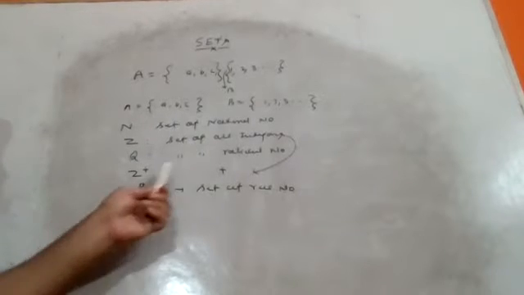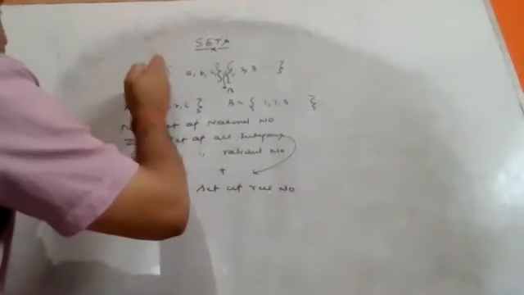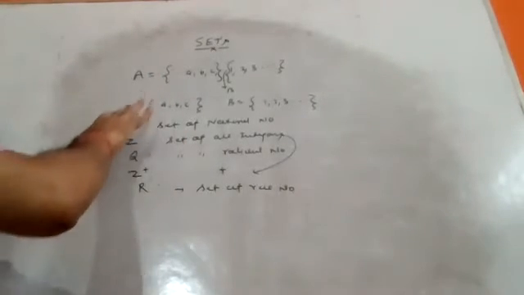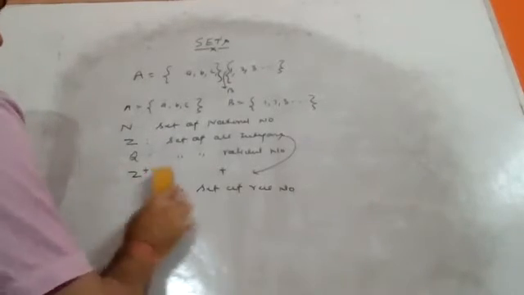Capital A, B, C can represent any set, but here are some standard representations. Capital N is the set of natural numbers. Capital Z is the set of all integers. Q is the set of all rational numbers. Z plus is all positive integers. R is the set of real numbers. That's why we can define different scenarios. This is the standardization of sets, meaning how sets are represented with the help of these norms. So one word is defined: a set is a well-defined collection of objects. This is the principal definition of set.